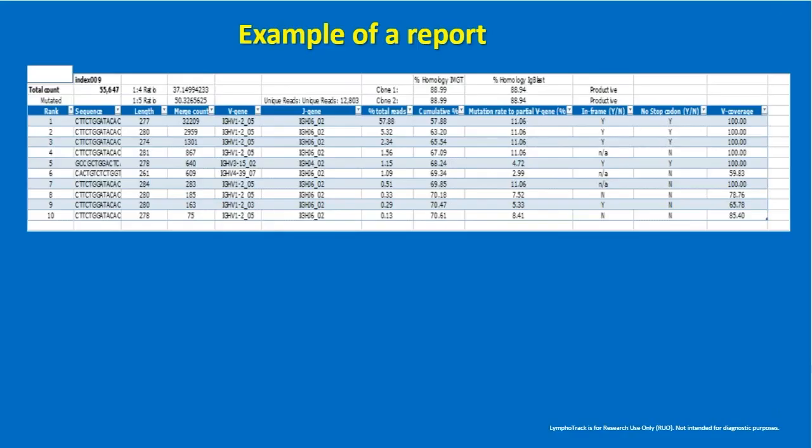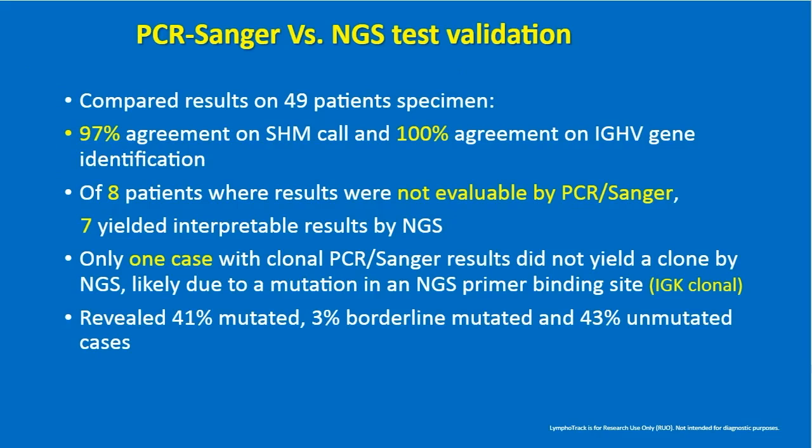And there's another example over here. You can see there are 2 different clonotypes detected with total reads of 57% and 5%, and both were productive. And the analysis showed that they are both mutated. It's a pretty straightforward process to identify, but we also do additional checking to make sure the analysis and interpretation are correct. So we started with our 49 patient specimens, and 97% of the cases were in